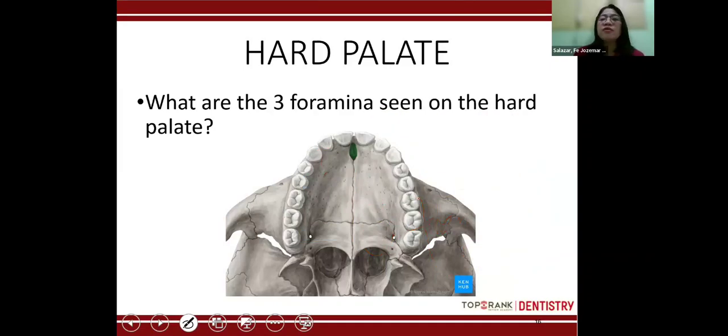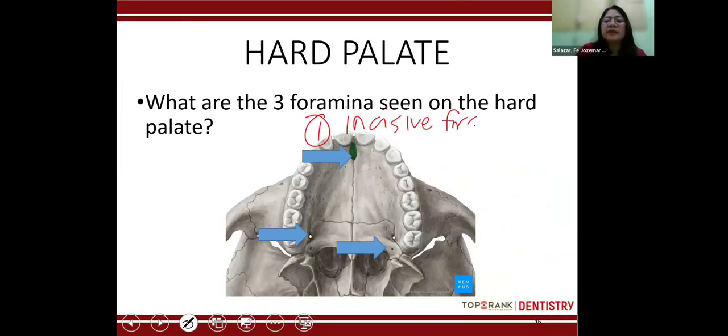You have the three foramina. Okay, 1, 2, 3. So ano to? Anong foramina ito? Si number 1. What is that foramina called? That's your, very good, incisive foramen. Okay? So si incisive foramen serves as what? Okay, it serves as an exit, kasi ang foramen, it's an exit of structures like blood vessels and nerves from the skull. Okay, so yes, very good.